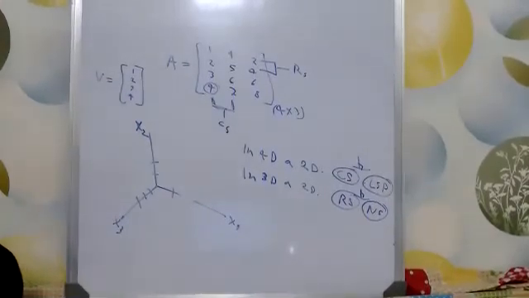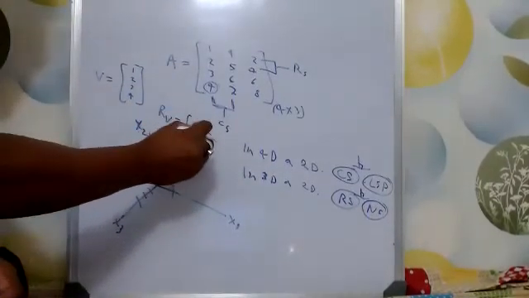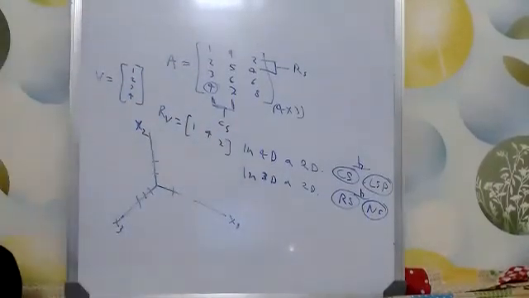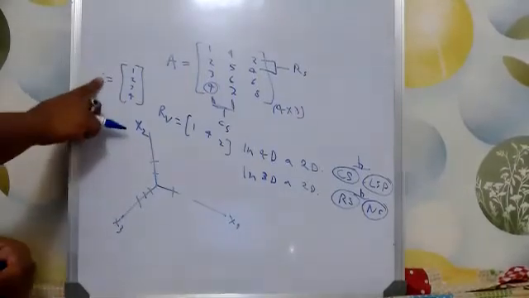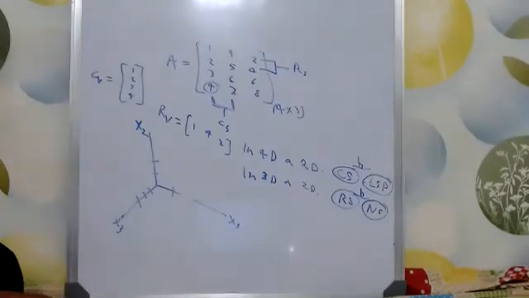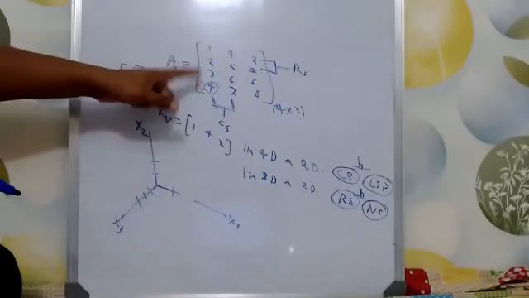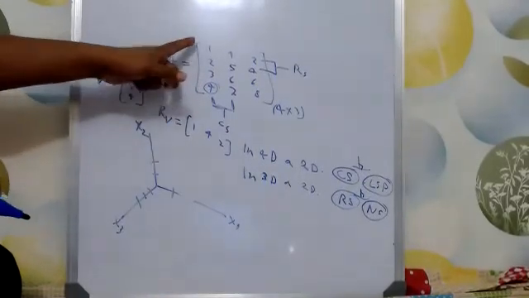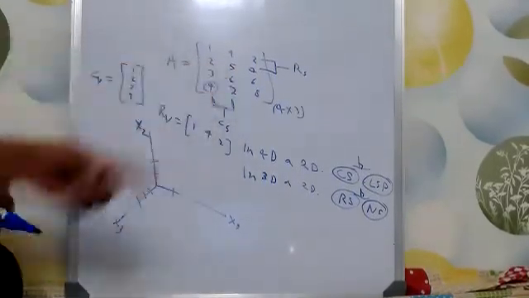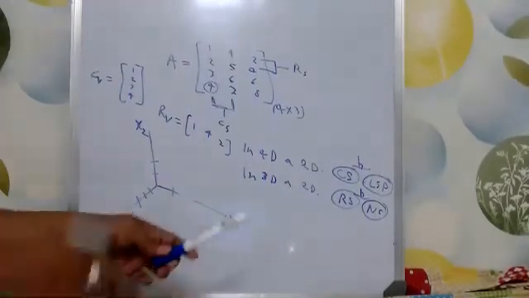To represent a row vector, I only have to write 3 numbers, like 1, 4, 2, because the number of columns is 3. And to write a column vector, I have to write 1, 2, 3, 4, because the number of rows is 4. See, the column vector gets its dimension from the number of rows, and the row vector gets its dimension from the number of columns. Okay. Clear.